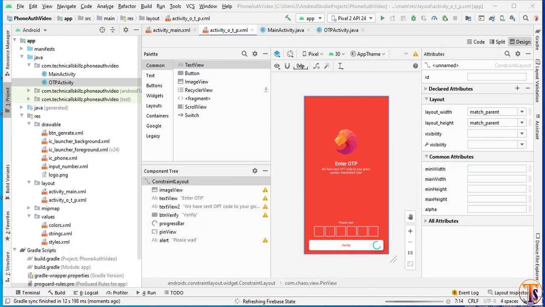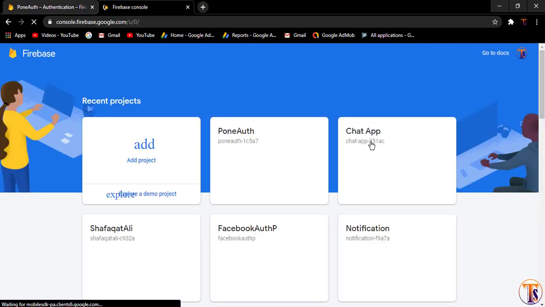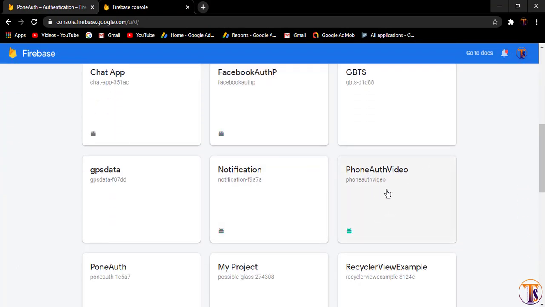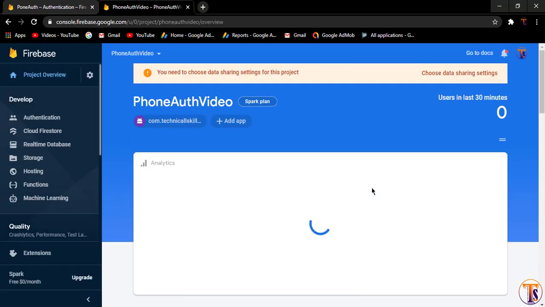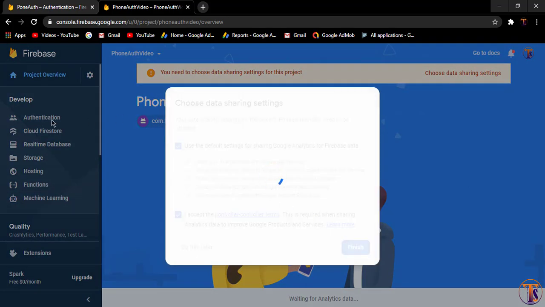Now go to our Firebase and here we will open our project, and here we will search for that project. You can see here phone auth video. So here we need to open this project. Click on data sharing and settings, enable it and click on finish. Now go to authentication,